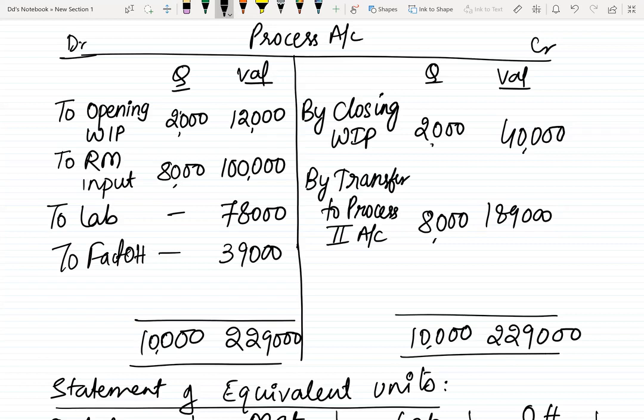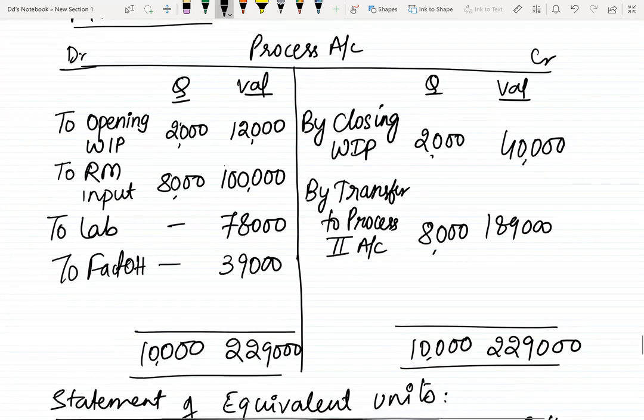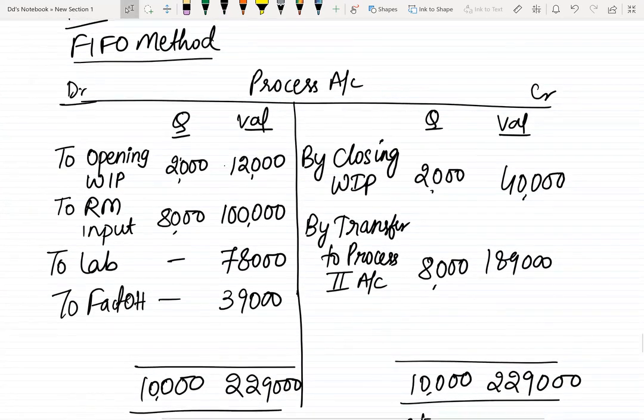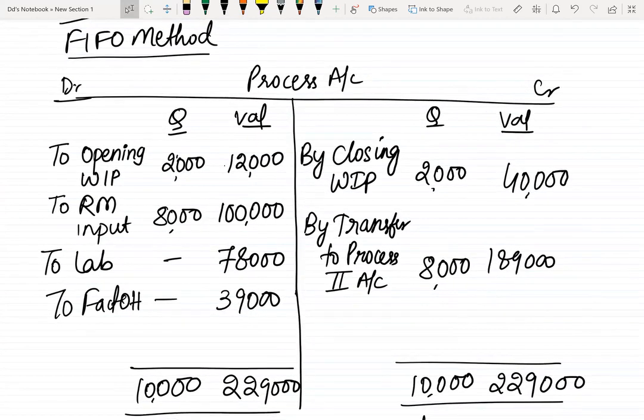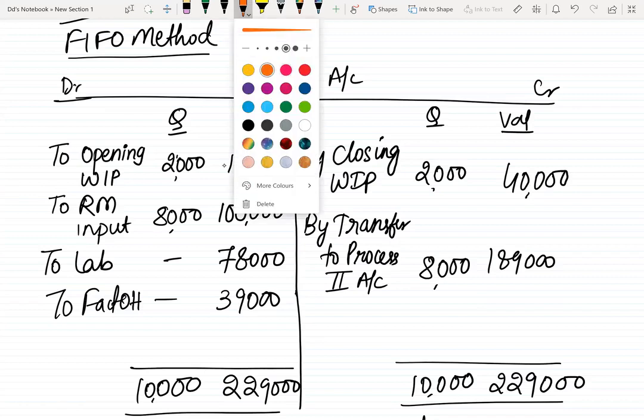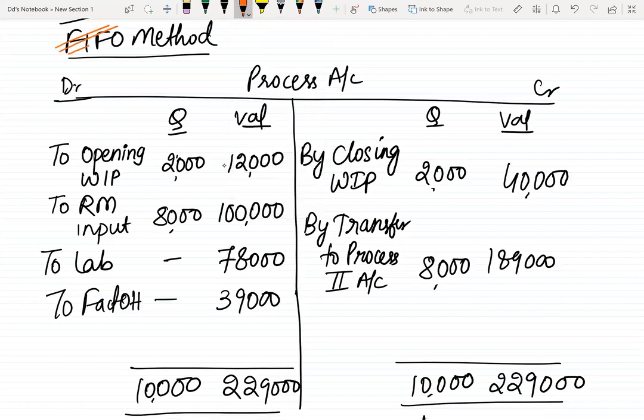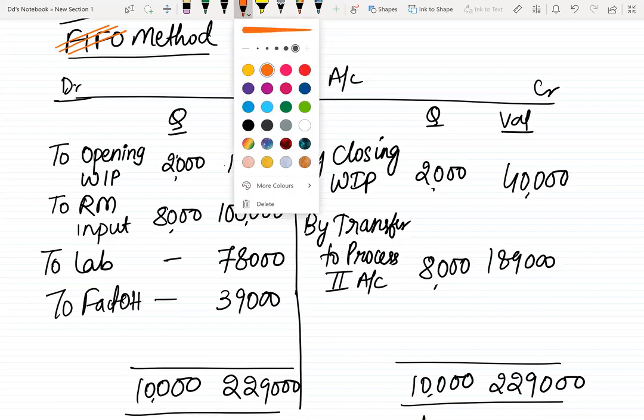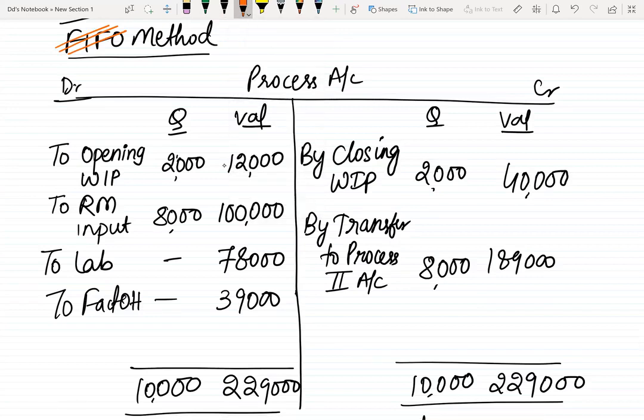Right. By the way, the answer is not over. What we did so far is only the FIFO method. What we have to do now is the average method. For you to understand it easily, I will be overwriting here itself, so you'll get to know what the differences are. But you guys will have to write from the beginning. So first thing, all of you start writing the heading now, average method. Write the heading average method.